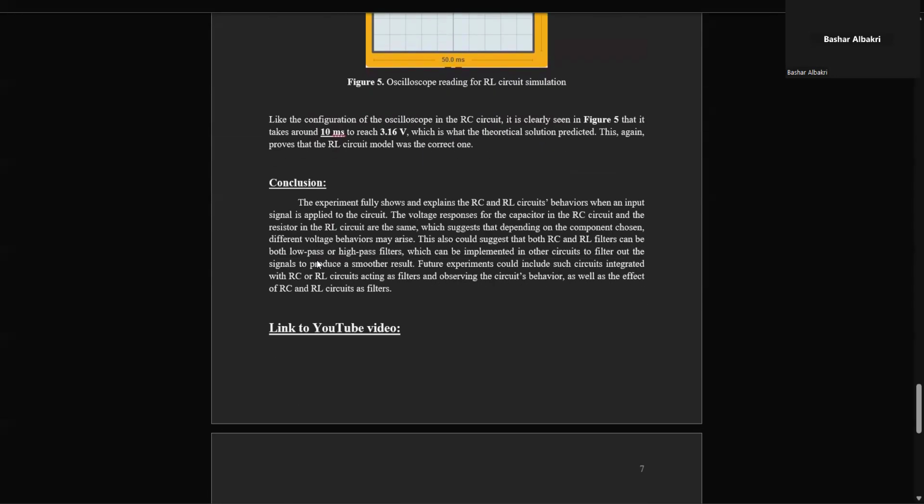In conclusion, I believe that this experiment was really nice, and it opened our eyes to the idea of filters as well, because we took the voltage response of the capacitor and the voltage response of the resistor. I believe if we mix and match, we can find different